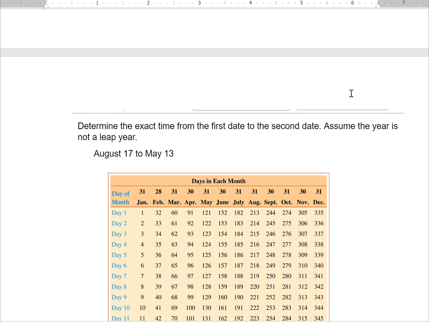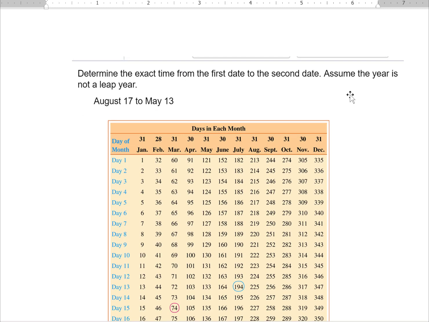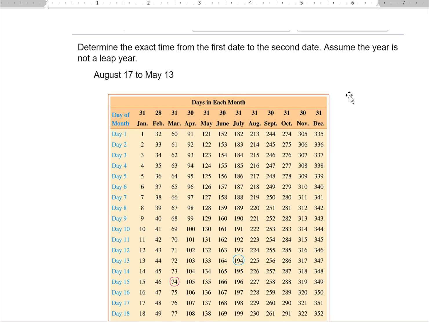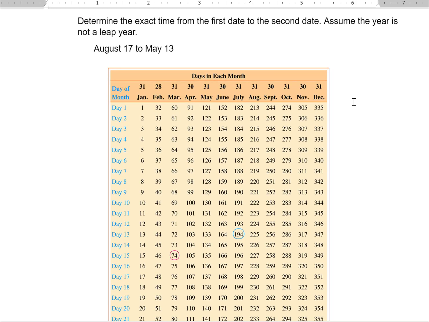Determine the exact time from the first date to the second date, and this time we're going to assume that the year is not a leap year. So this is going from one date until a date in the following year. So the first thing we have to do is figure out the number of the days in the current year. So I find August 17th, and that's right here, 229 days, and I know there's 365 days in the year,